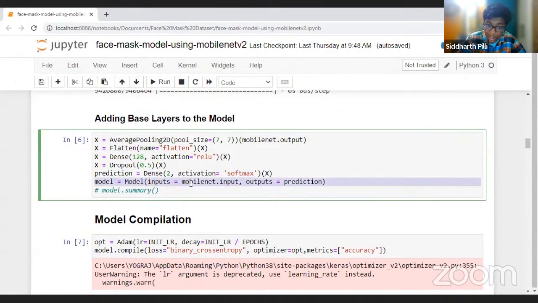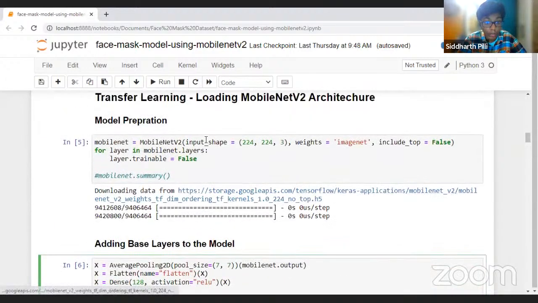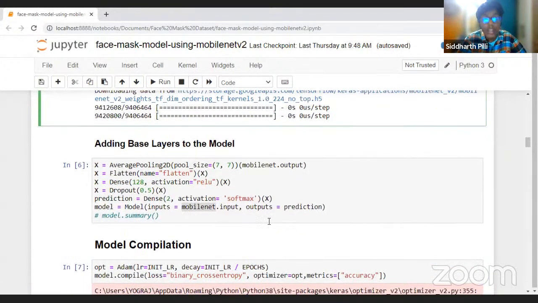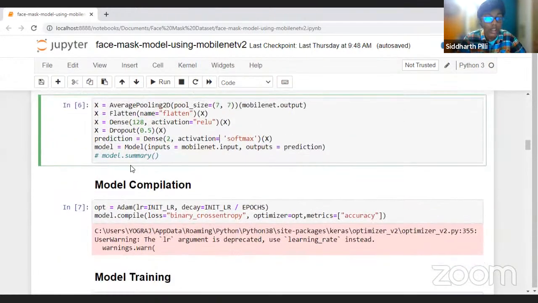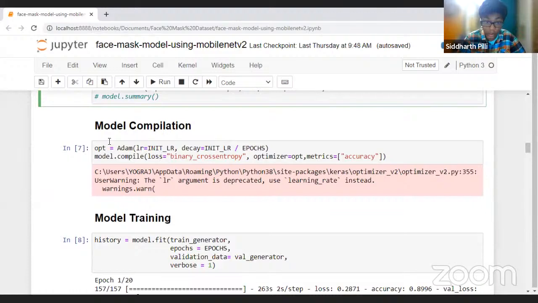And then we initialized our output, where our model is basically our machine learning model with the inputs as MobileNet input, which is 224 by 224 by 3, and the outputs is prediction, which means it's 2 layers with the activation function as softmax. So that's basically what this machine learning model is doing.